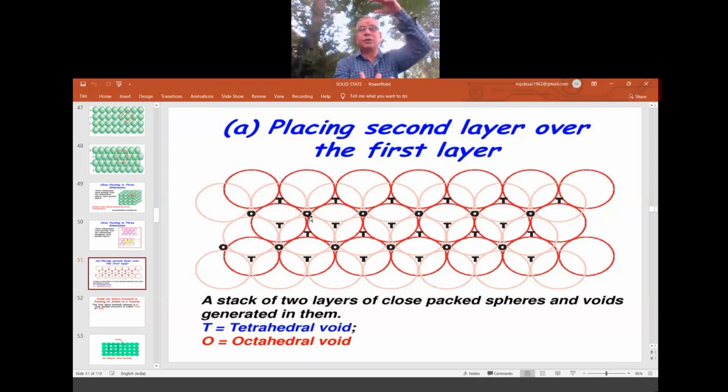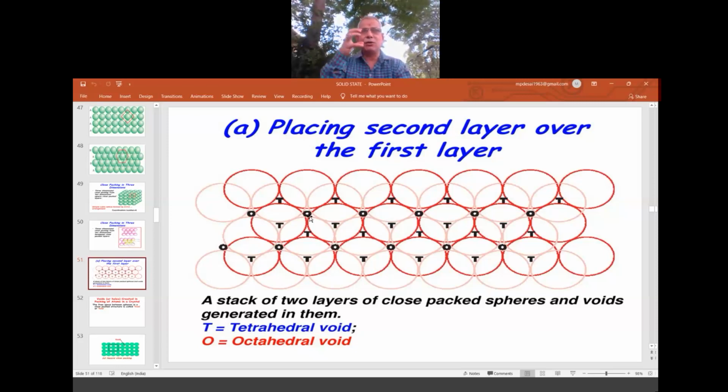So it is a tetrahedral shape there. But here, 3 above and 3 below in the opposite direction, so by joining, it looks like an octahedral. So there are 2 types of empty spaces in this packing. One is a tetrahedral void, which is created with the help of 4 spheres, whereas an octahedral void is created with the help of 6 spheres or 6 particles.